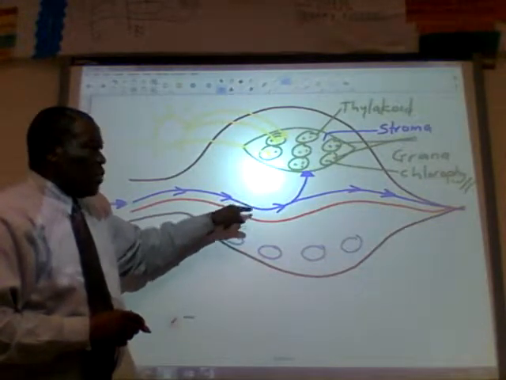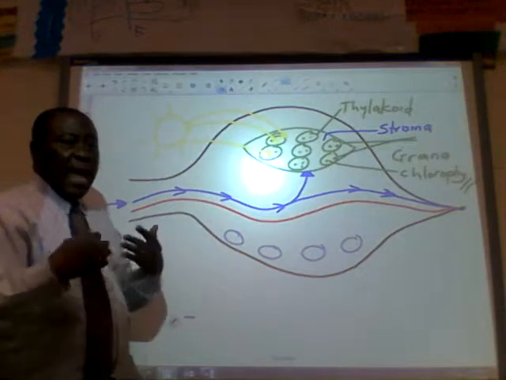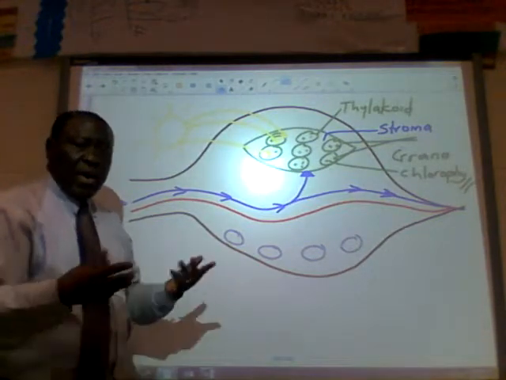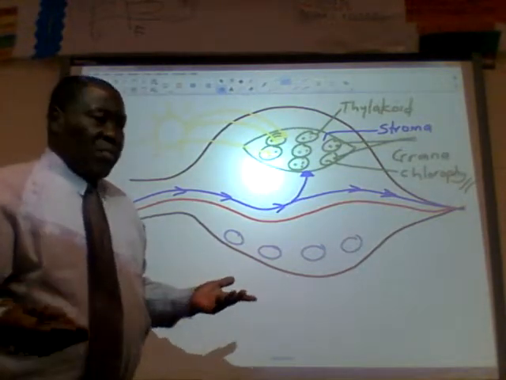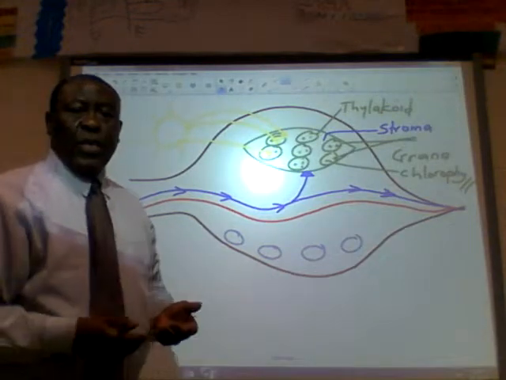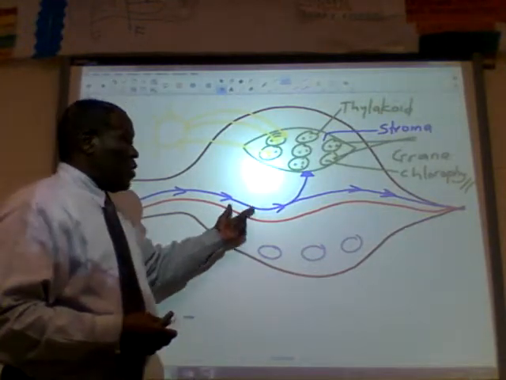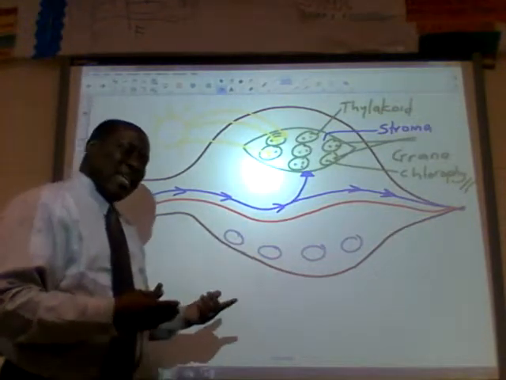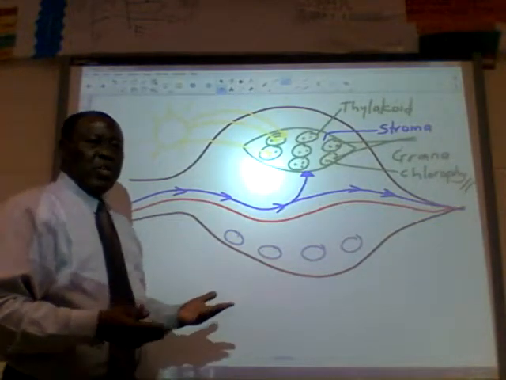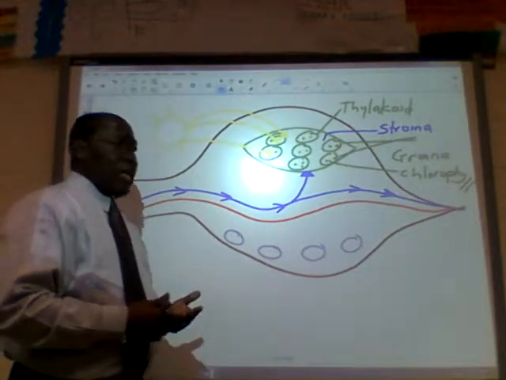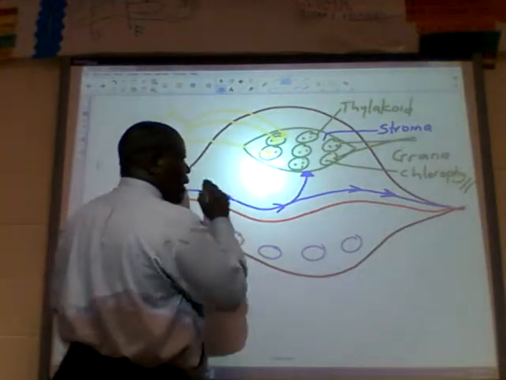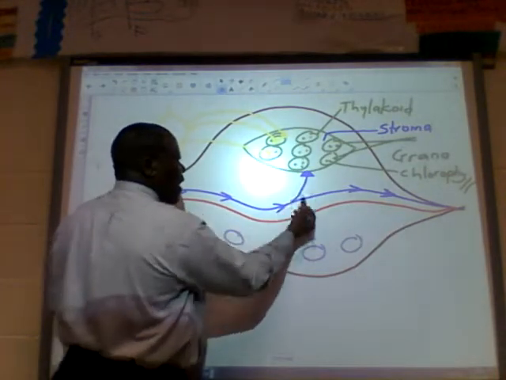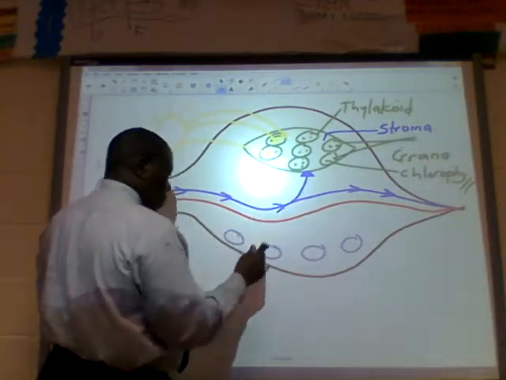Okay, so this is a tube, this is a tube, a tube is a space. I can technically say that my arteries are a tube. Why? Because it's a space through which something can go through. So this is also a space through which something can go through. So technically, yeah, I can call it a tube or I can call it a vein. Okay, so also what's going to happen is when the water goes in there, well, before that,